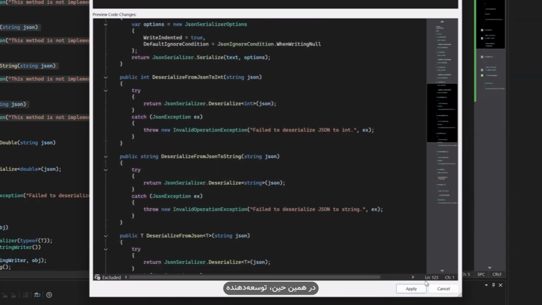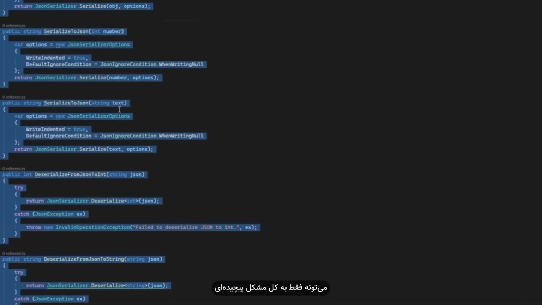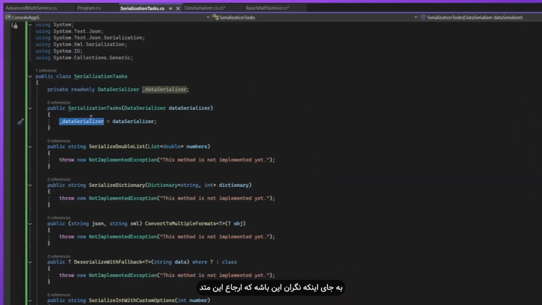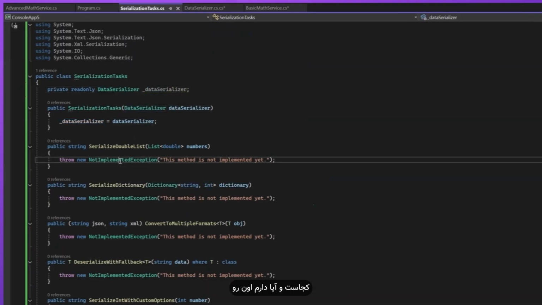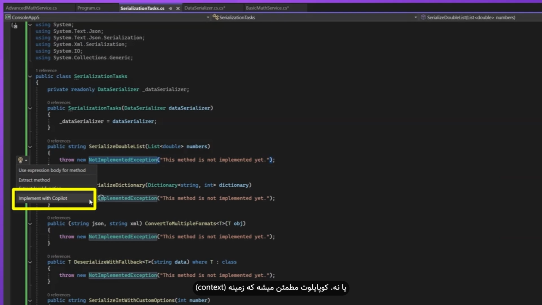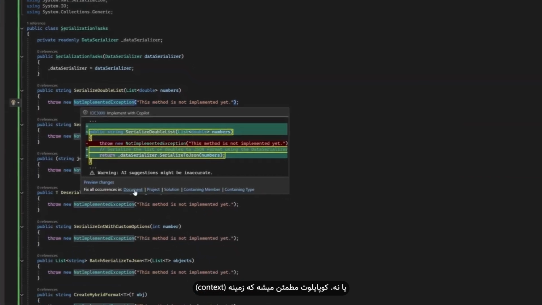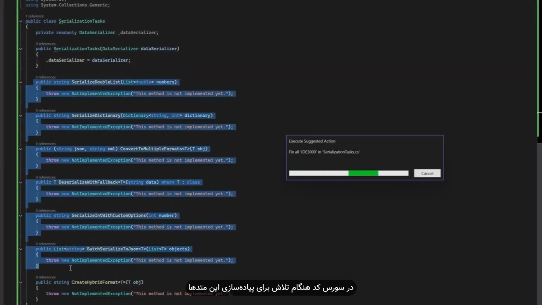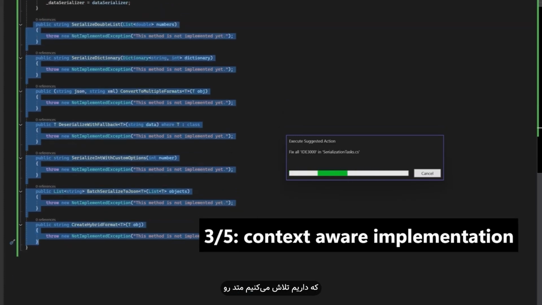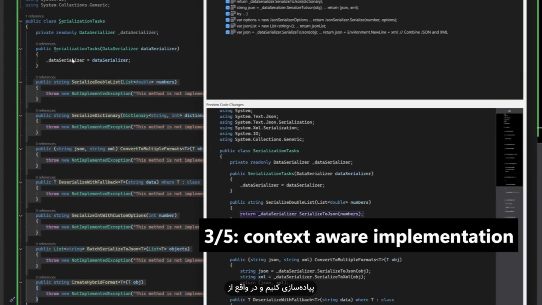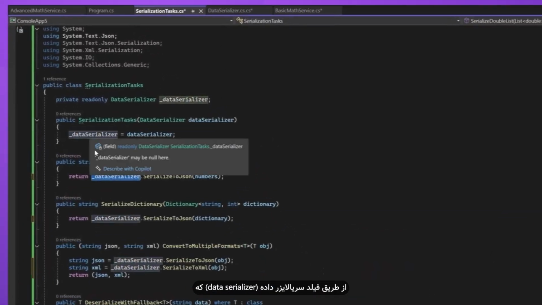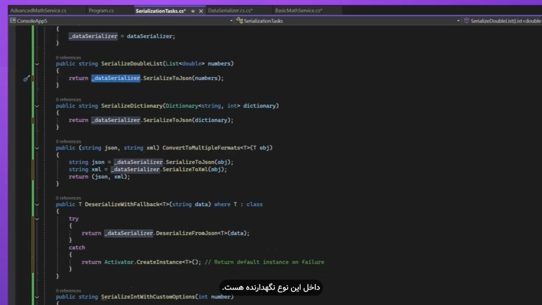Waiting a few seconds, in the meantime, the developer might just think about the entire complex problem they're trying to solve rather than worrying about where is this method reference and am I implementing it coherently with the source code or not. Copilot will make sure the context within the source code is respected when trying to implement these methods. And you will see that in this third example where we're trying to implement the method and we do in fact make use of APIs that are made available to us through the data serializer field that's within this containing